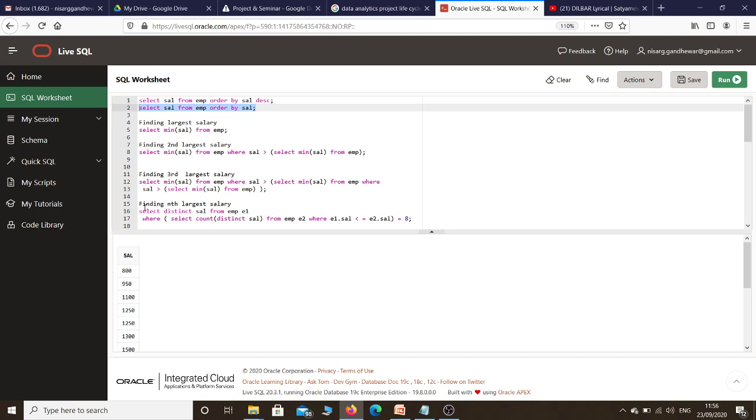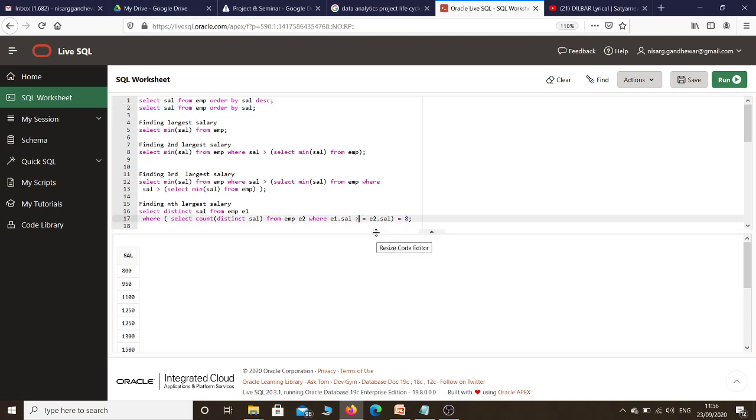The same query which we have used to find the nth largest salary, the same query we are going to use, but instead of using the less than condition, we have to use greater than or equal to. And in this case also we are not going to use any kind of aggregate function. This is again an important thing.